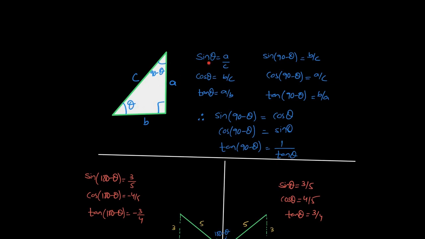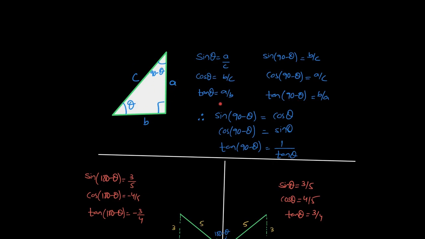So if I'm evaluating sine theta, this is A over C. If I am evaluating cos theta, would be B over C. Tan theta would be A upon B. But if this would have been my angle, which is 90 minus theta, sine of 90 minus theta, meaning sine theta with reference to this angle, would be B over C. Cos 90 minus theta would be A over C, and tan of 90 minus theta would